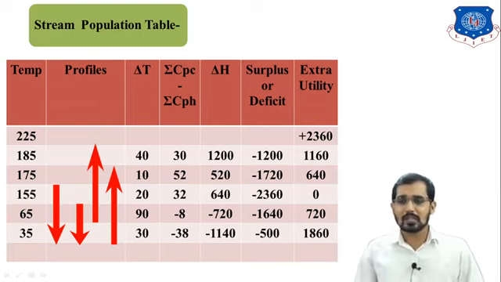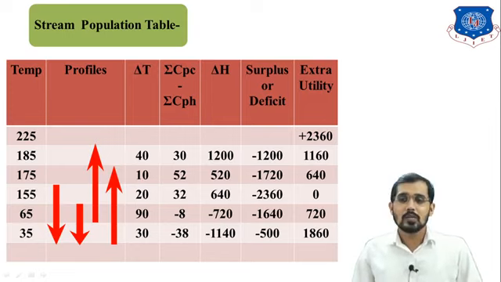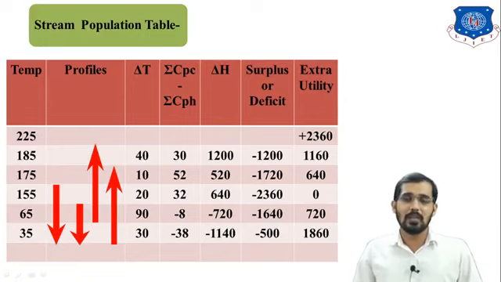So in this column there is no hot stream, because a hot stream is not available. This is hot stream 1, this is hot stream 2. These two streams are not available in this region. So CPH is equal to 0, because I am repeating, CPH is 0 because no hot stream is available. This is the cold stream; the hot streams H1 and H2 are both available only in this region, and are not available in this 185 region. So you have to consider only the C1 stream, because the C2 stream is also not available here. So C1 is nothing but the specific heat for the cold stream C1, that is nothing but 30.